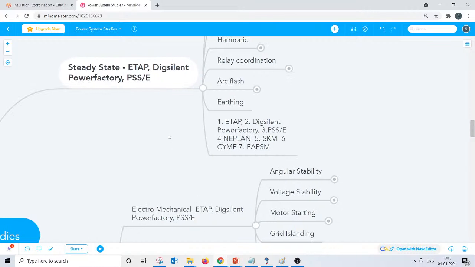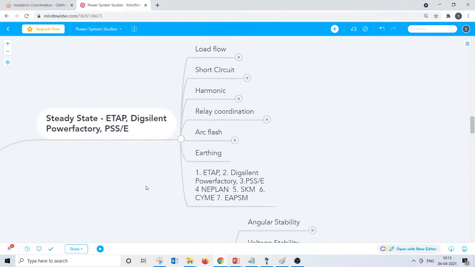Right. Good. So let's move forward to today's topic: load flow and short circuit. Why do we need to perform a load flow? Most of the time we do a load flow analysis, click the button, and when the load flow converges successfully, we think that the load flow is great. But the main purpose of load flow is not that.